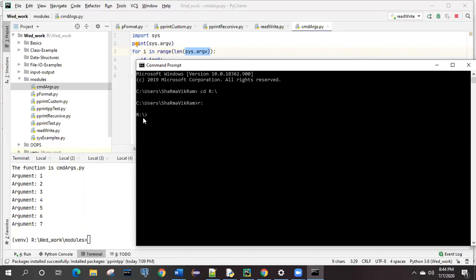We reached the R drive. In that R drive, we need to go to this location first. You can see in the left hand side down corner where the location is. The same thing we will reach over there. Now this one and this location are both the same. And from here I will run this one.